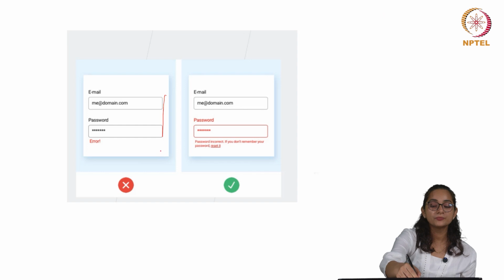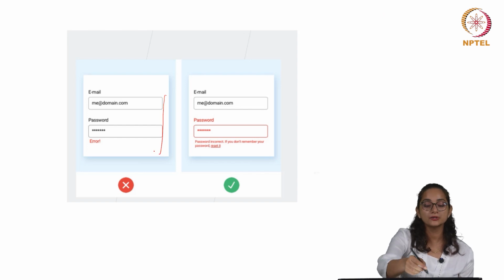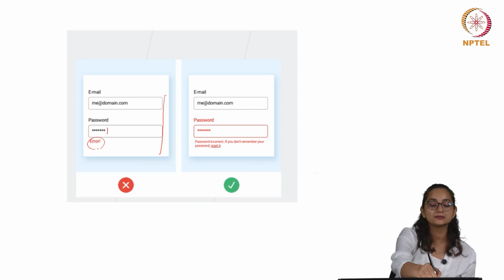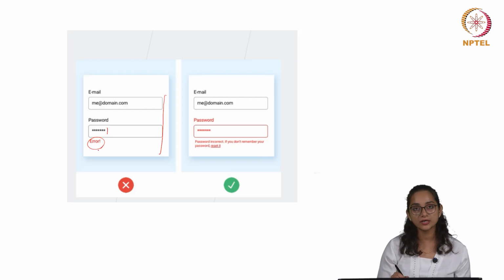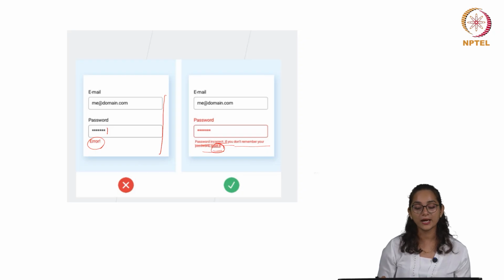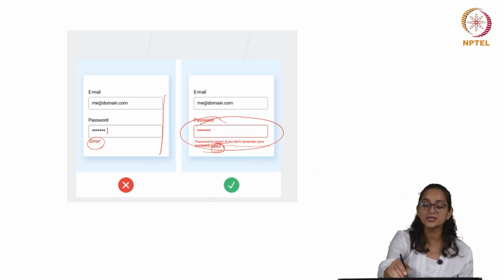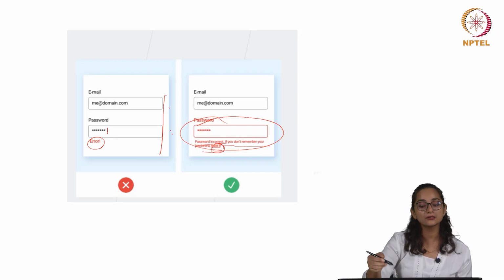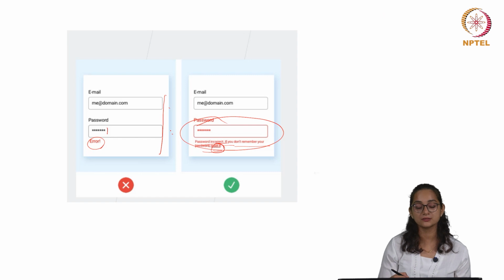Then there can be more descriptive feedback systems. For example, if your password is incorrect and the system only says "error", it is difficult to understand what kind of error it is talking about. If it is descriptive, that password is incorrect, and if you don't remember your password, reset it here with a hyperlink, then it is more accessible in its approach. And it is also highlighting the field which is incorrect. Either of the fields can be incorrect, right? Sometimes it can be the user ID that you have entered is incorrect.